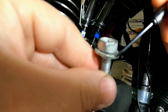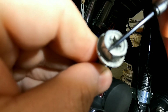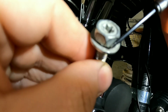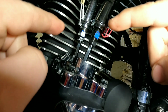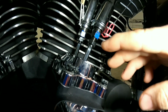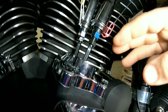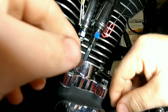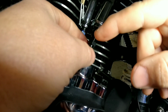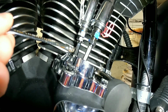When this will be 1 flat, 2 flat, 3 flat, 4 flat, 5 flat, 6 flat, and then when you get back to your mark, it'll be 1 full turn. These particular S&S push rods are 32 threads per inch. So dumbing that down even farther, you need 20 flats, or 3 1/3 turns. So what you will do will be either turn this 3 times and 1/3 or count the flats as you're going. So take your 1/4 inch wrench,